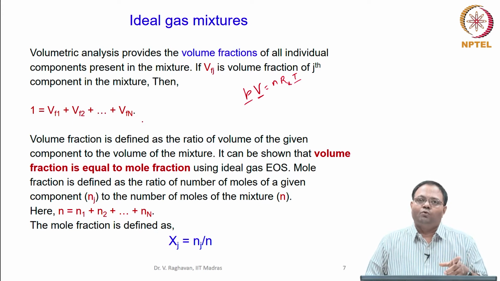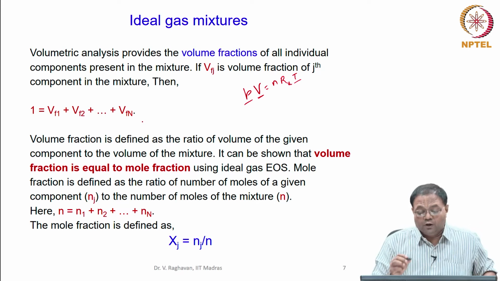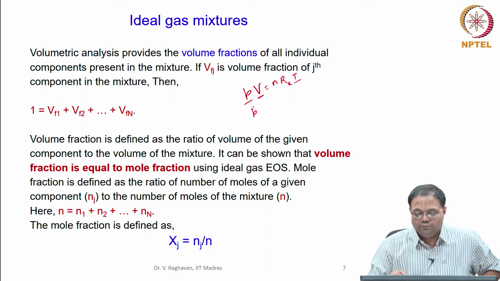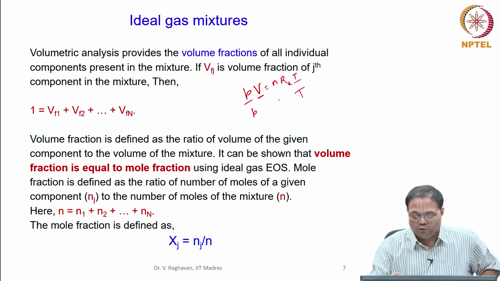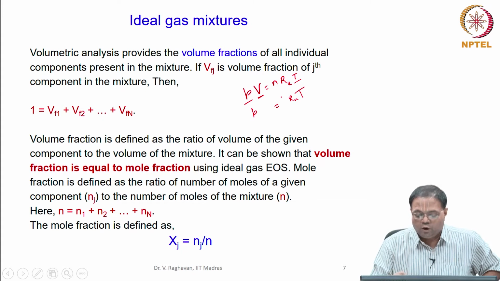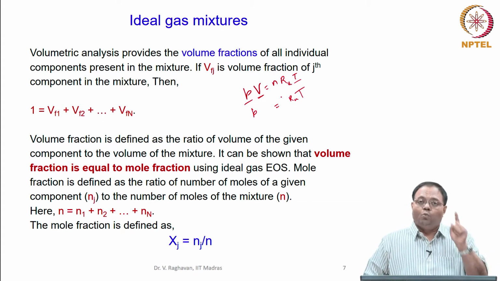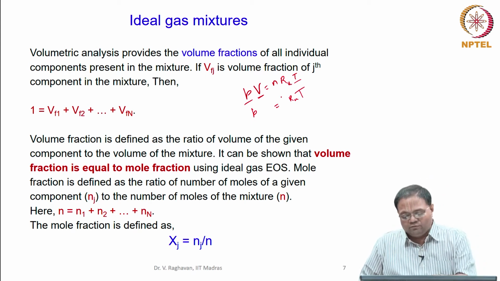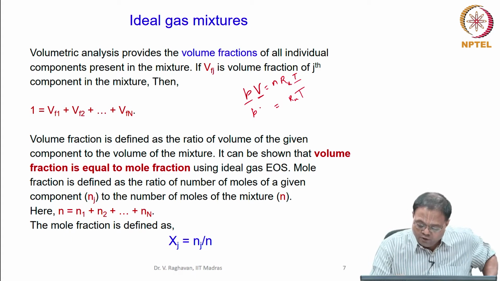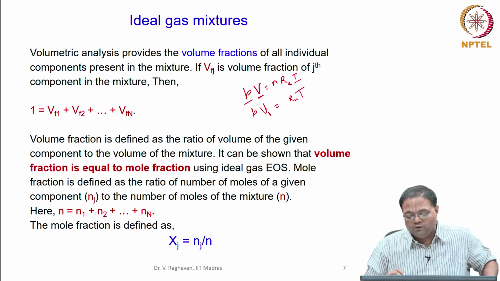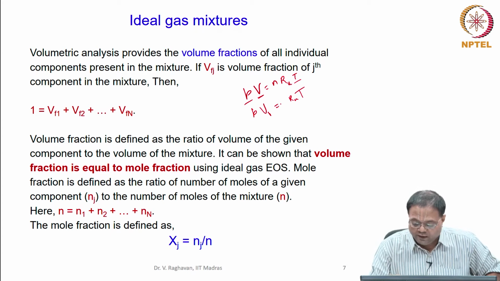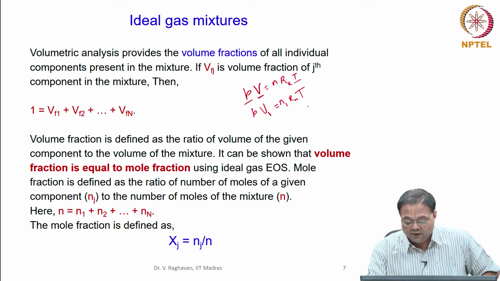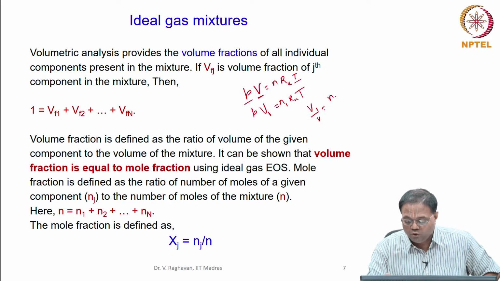So, you know the components now. Try to inject one of the components here. While doing so, keep the same pressure, so P is maintained the same. Similarly, I will keep the temperature the same; R_u is also the same. Now, this component 1 will occupy a different volume for the same pressure and temperature. That means the volume occupied by component 1 is, say, V1. So, I can calculate N1, which is the number of moles of component 1. If you divide this, you will get V1 by V equal to N1 by N.